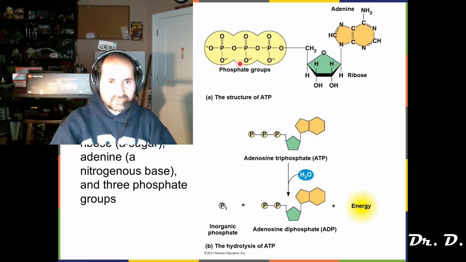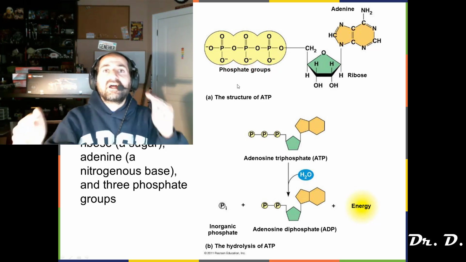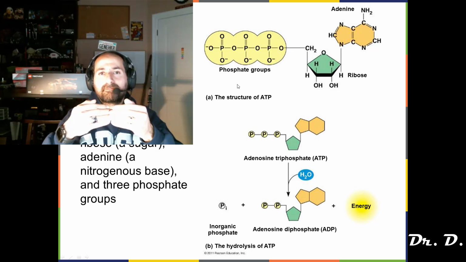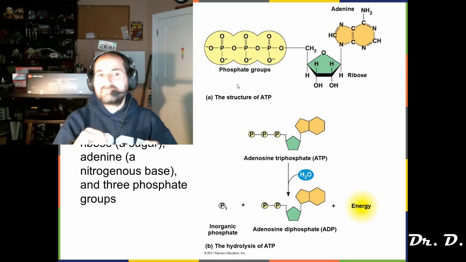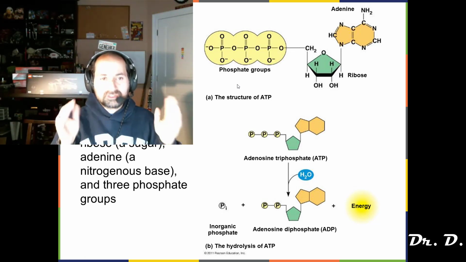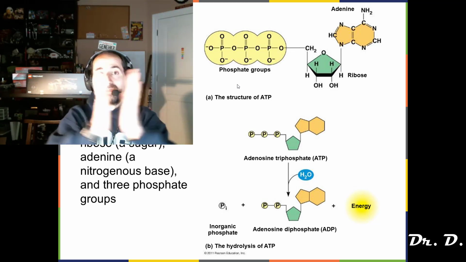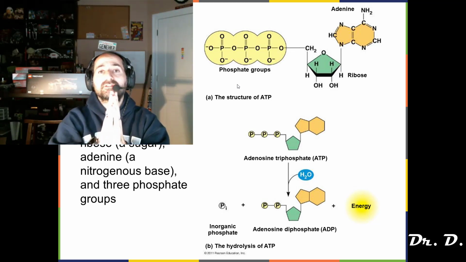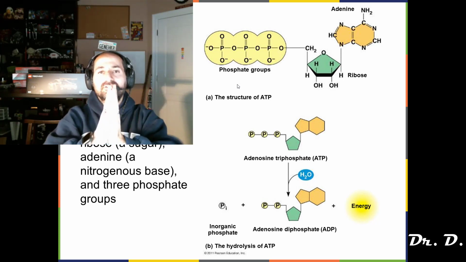What charge do these phosphate groups have? I'm pointing to them right now. Negative charge. Do you think, based on what we've learned so far, that a negative charge wants to be right next to another negative charge, which is right next to another negative charge? Or is it opposite charges that come together? Opposite charges come together. The same charge does not want to be butt up right next to another same charge. Does that make sense? So what that means is because you have a negative charge right next to another negative charge, there's going to be